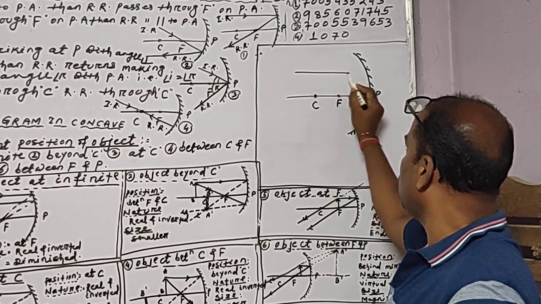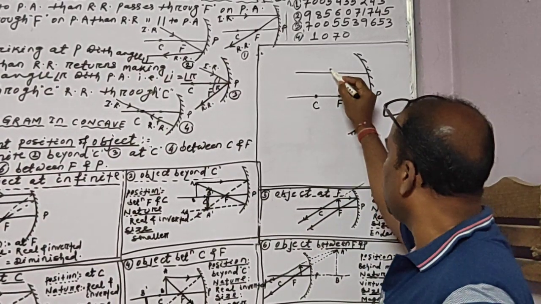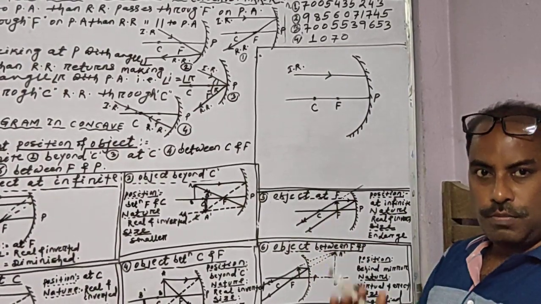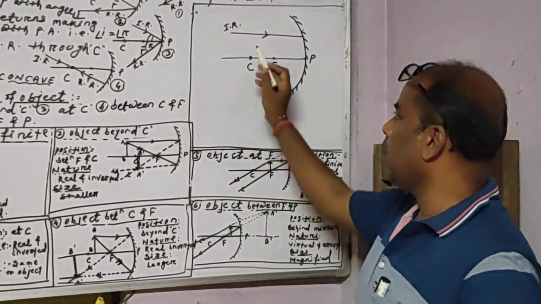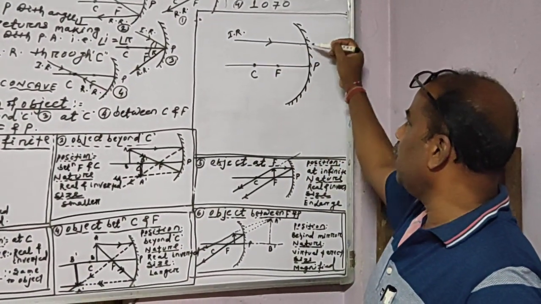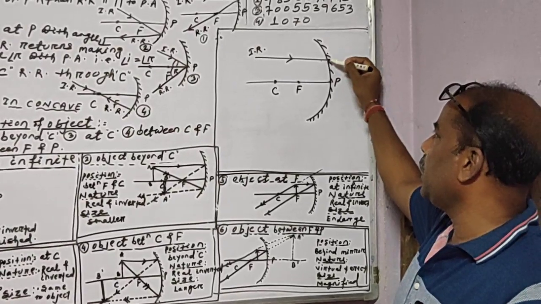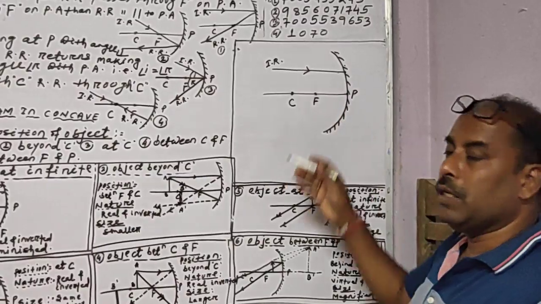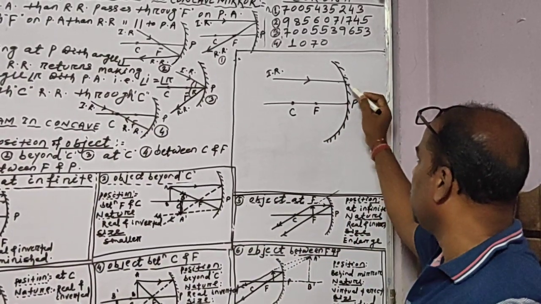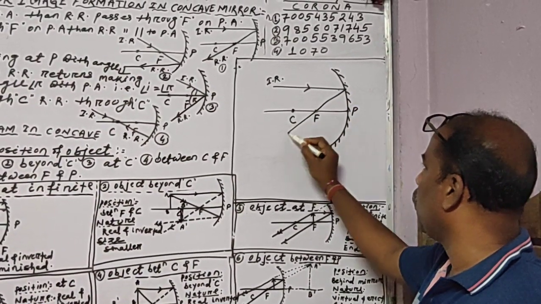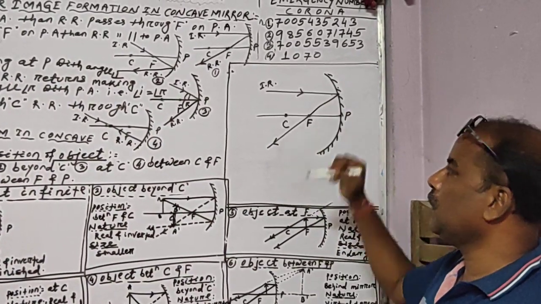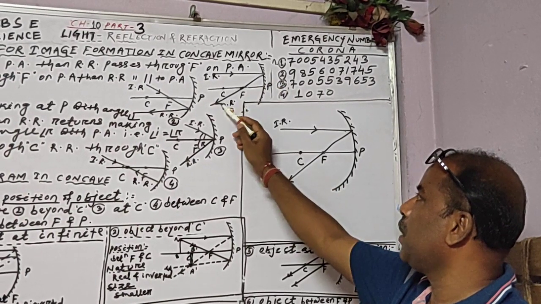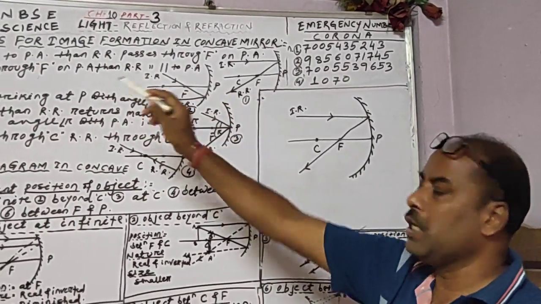When a ray is parallel to the principal axis, this ray is known as the incident ray. This ray comes from the object or from the light source. Then when it touches the reflecting surface of the spherical mirror, from here it will return back. But in what way will it return back? The rule says that it will return back through the focus, like that. This is the first rule. I have shown you that the parallel incident ray, after reflection, passes through the focus. This is figure 1.